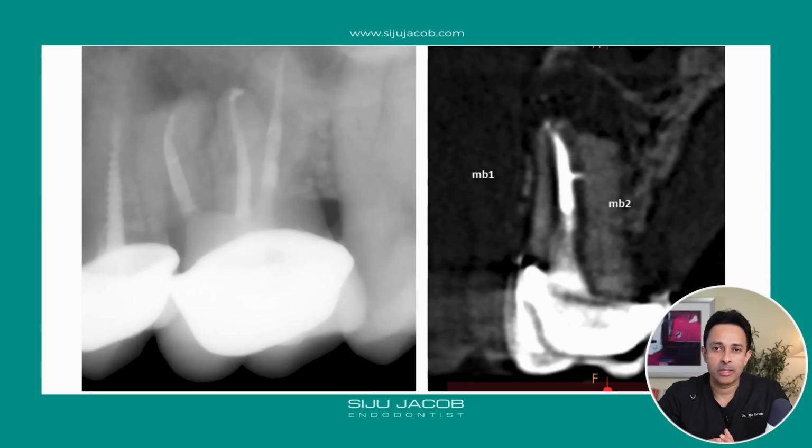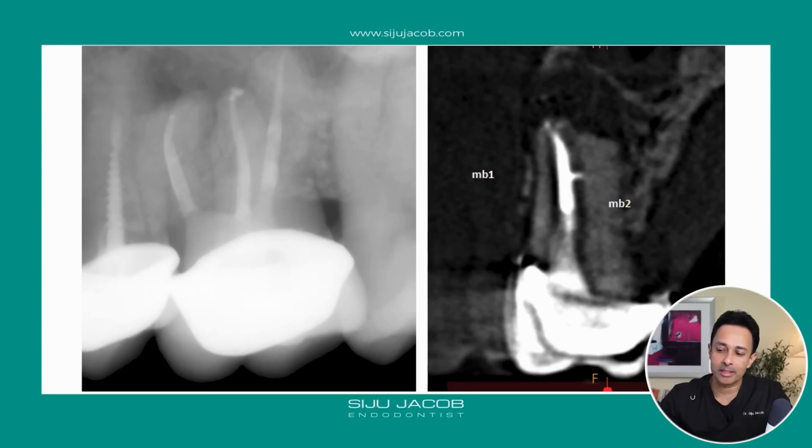MB2, or the second mesiobuccal canal, is probably the most missed canal in everyday clinical practice. It is one of the reasons why root canals in the first maxillary molar fail many of the times. It's not uncommon for an endodontist to see these sorts of cases in everyday clinical practice, where a clinician has